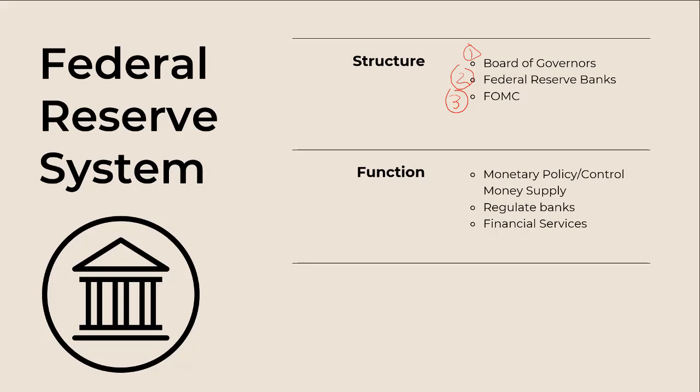The Federal Reserve System also regulates banks. There's a bunch of different federal agencies that regulate banks. The Fed is one of them, and really, as I mentioned, they're kind of the bank to the banks. So if some bank was in trouble and needed a loan, then the Federal Reserve System would step up and lend to that bank. So they make loans to banks, and because they do this, they have some say in the regulation of those banks.